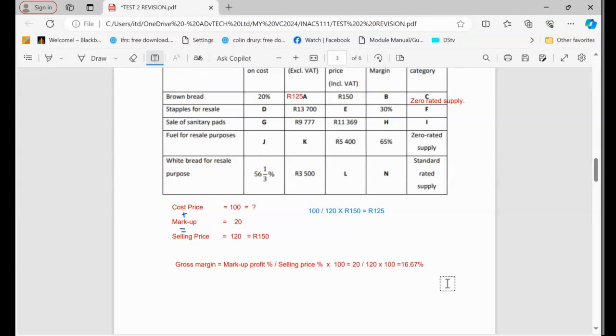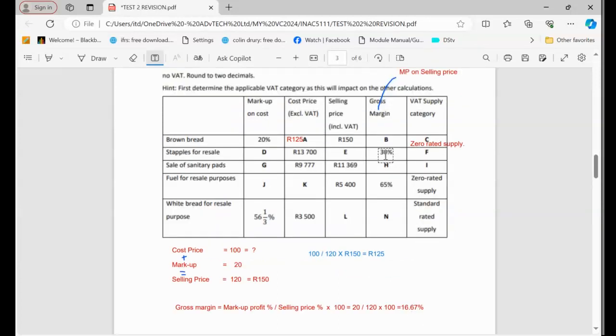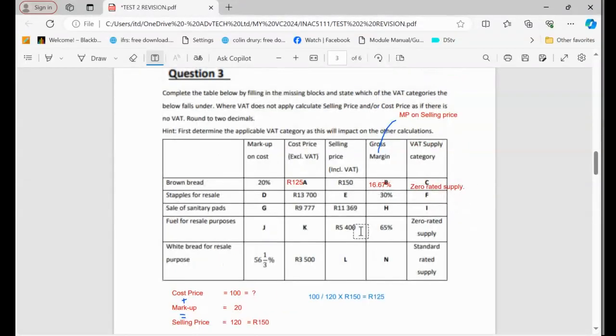16.67%. Can you see now? Because they said 2 decimals, I'm going to put it here as 16.67. Easy like that. It's not difficult at all. Can you see now? So practice makes perfect. So make sure that you always do that. So you are done with what? B. Now we can go to